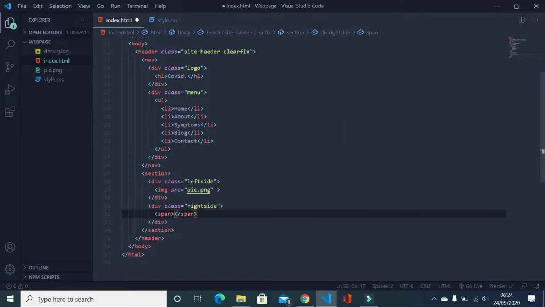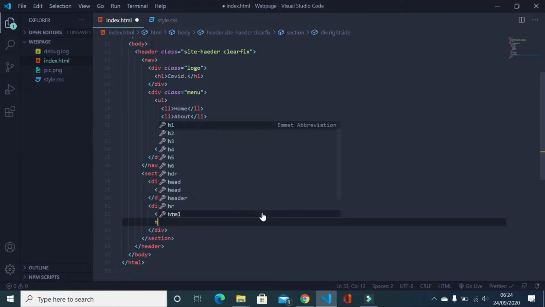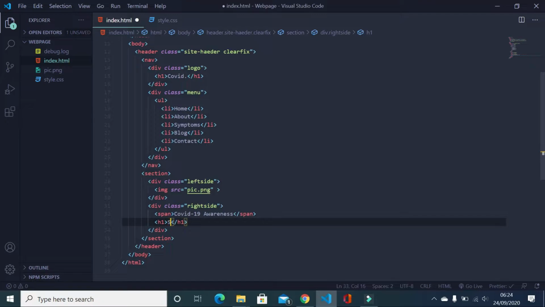Inside this div, we'll add span, and we'll add a text that says COVID-19 awareness. Change this to capital letter. So next we need to create a h1 tag also that says stay safe, stay home. Also next we need to add one p tag,